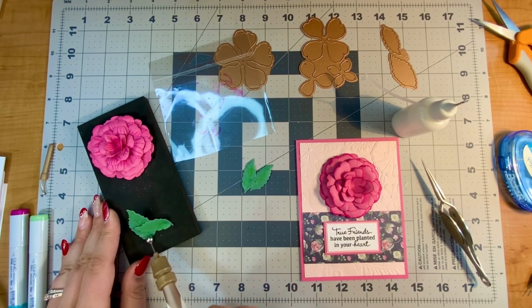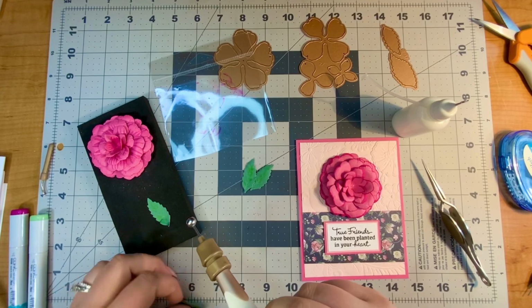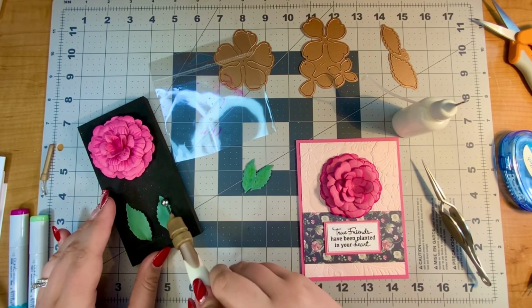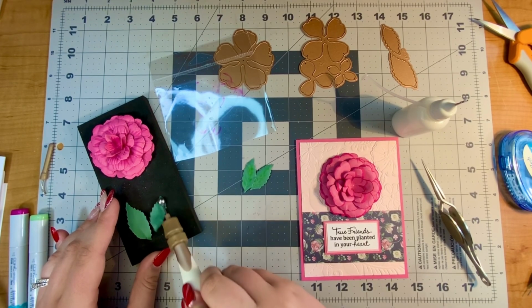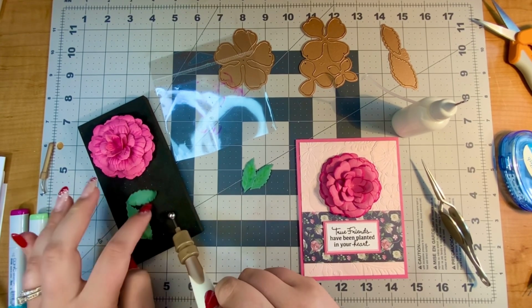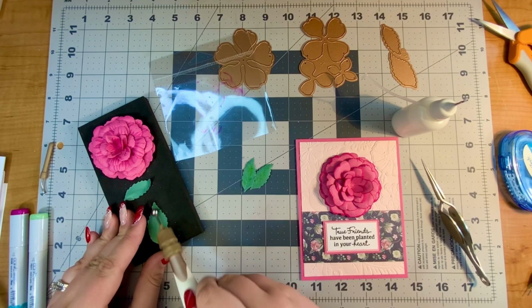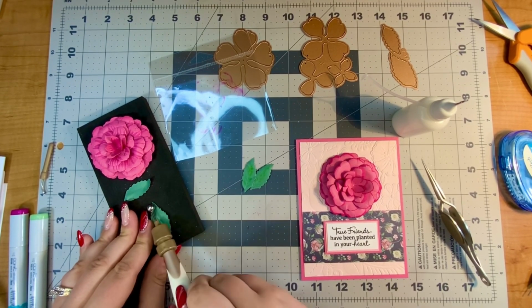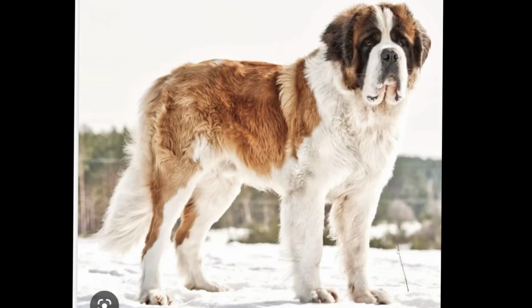I round it face up, and then I flip them over, and I will, sorry, my neighbor's dog is barking. I don't know if that's going to pick up on the camera, but they have a Saint Bernard. We'll just put it that way. Oh, the joys of living in town. Anyway,